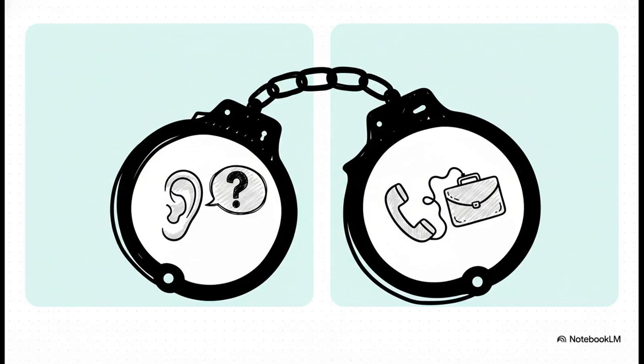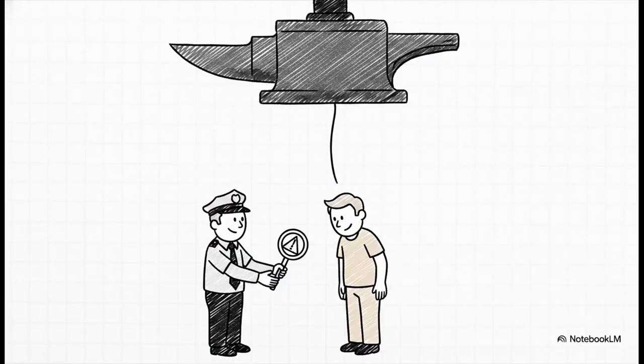First, Section 10(a), you have the right to be informed promptly of the reasons for your arrest. And second, Section 10(b), you have the right to retain and instruct counsel without delay and to be clearly informed of that right. And the courts take that first right, knowing the reasons for your arrest, very, very seriously. I mean, you really can't make an informed decision about whether to talk to a lawyer if you don't even know what kind of trouble you're in.